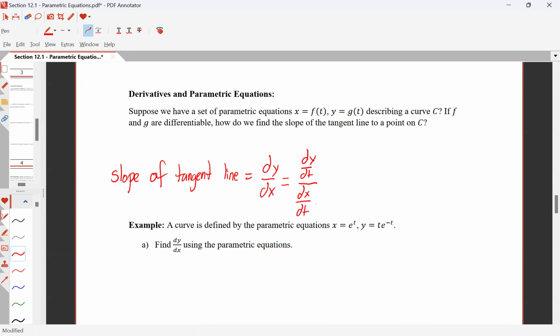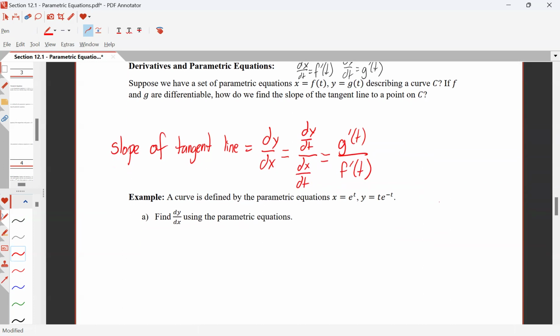And we do know how to find those. dx/dt is going to be the derivative of f, because x equals f of t. And dy/dt is going to be the derivative of g. So if we are given two functions, we're going to take the derivative of the function of y and divide by the derivative of the function of x. So taking a look at our first example,